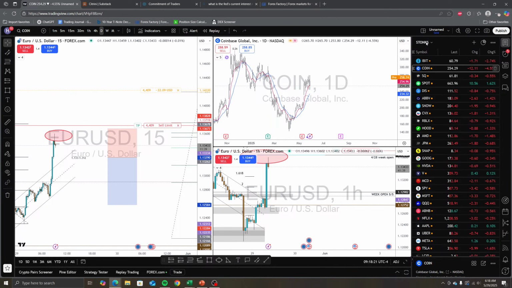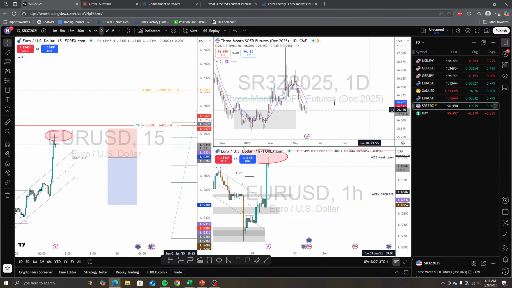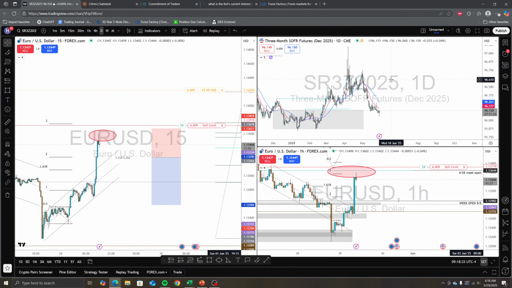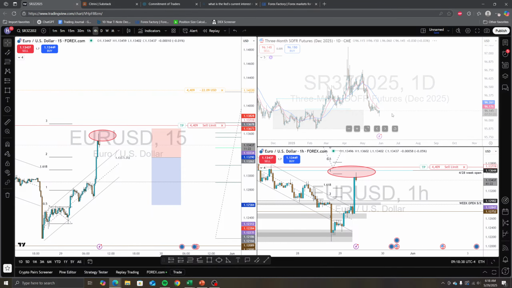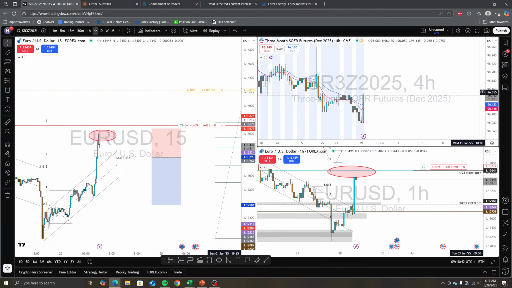I guess you're gonna wait for this thing to open at 6:30, so let's just go to FX. Go back to my euro. Oh, that's what I was gonna do. I remember now. I was gonna look at what happened to the SOFR from yesterday, because we imagined the Fed meetings were saying something. Oh shit, this thing came up.